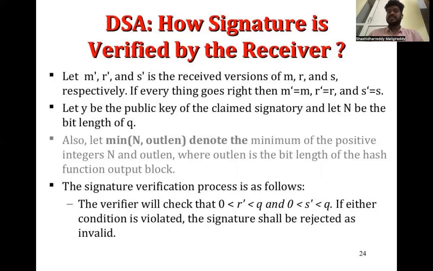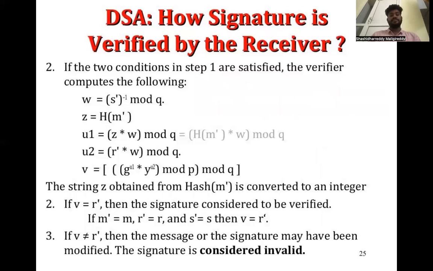Let M dash, R dash, S dash be the received versions of M, R, S. If everything goes right, then M dash equals M, R dash equals R, and S dash equals S. Let Y be the public key of the claimed signatory, and let N be the bit length of Q. The signature verification process is as follows. The verifier will check whether R dash lies between 0 and Q, and likewise for S dash. If either condition is not valid, the signature shall be rejected as invalid. If the two conditions in step 1 are satisfied,